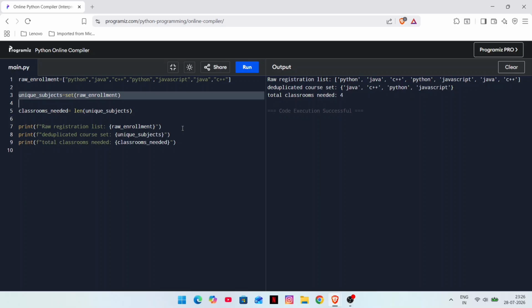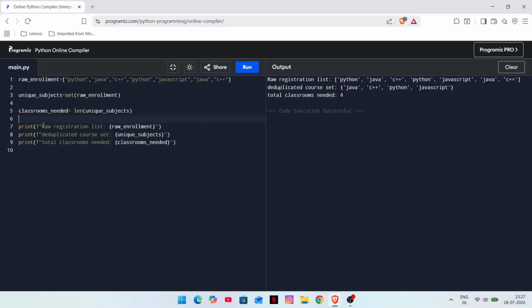Duplicate values are discarded automatically in a single step without needing a for loop or if statement. And the second reason is length evaluation. Here we have used the len function. Calling len on the resulting set yields the exact number of unique items left, representing the total number of